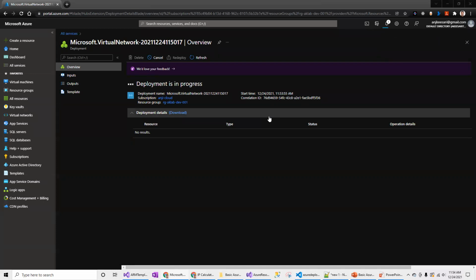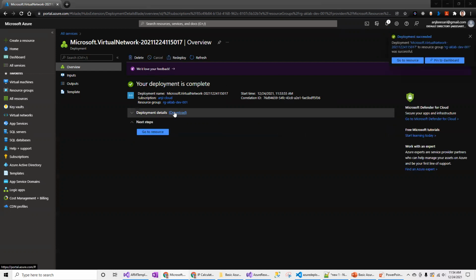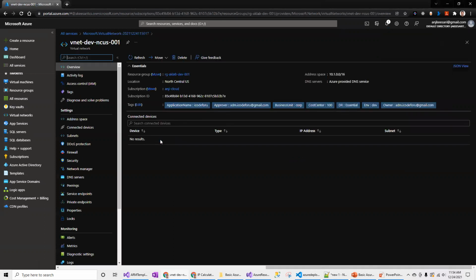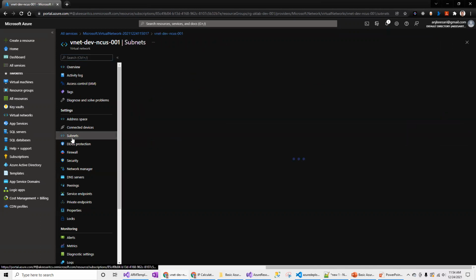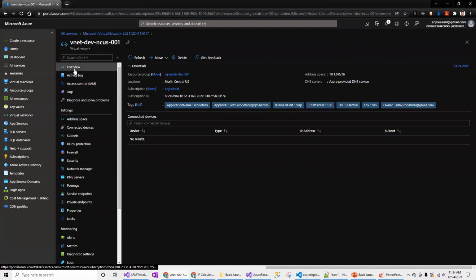So the VNet will not take much time. Since I'm adding only one subnet, this should not take more time. Okay, now the deployment is completed. I can go and check the VNet. If I want to add more subnets, if you look at the address space, we looked at the overview blade previously, as part of creating the new resource group.